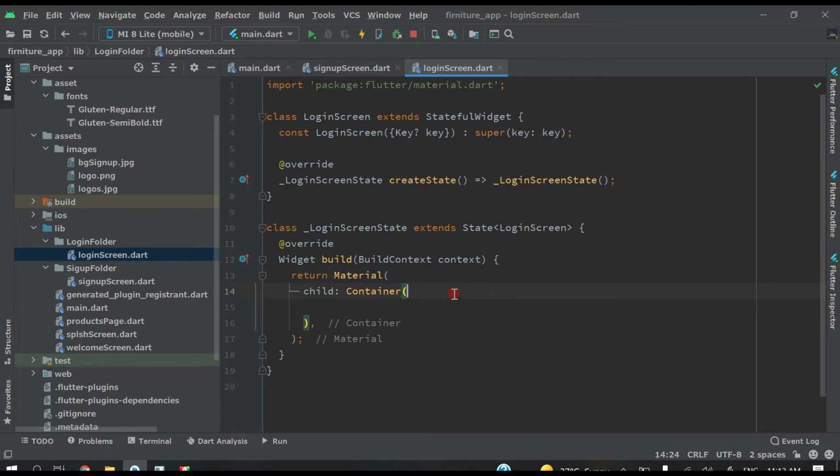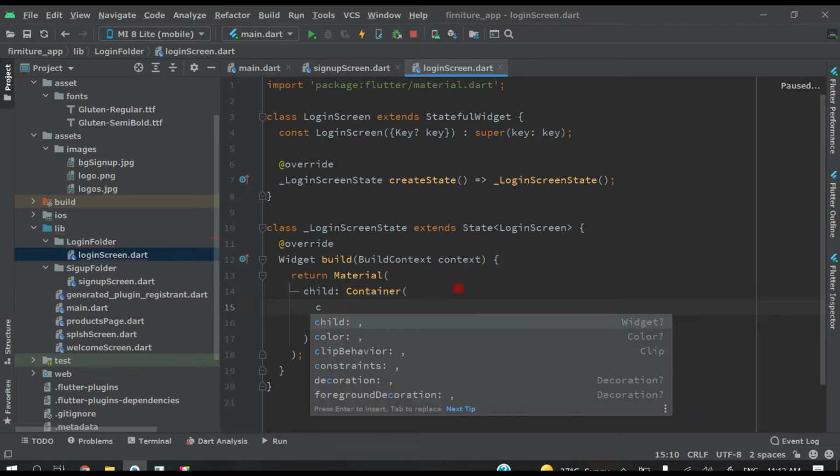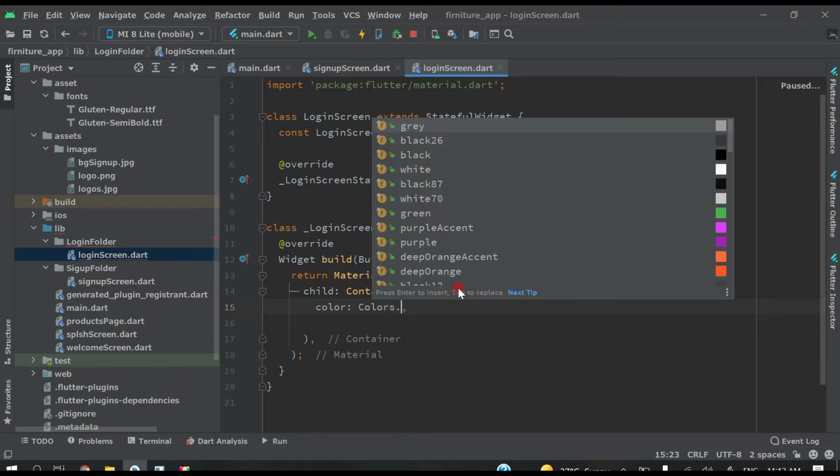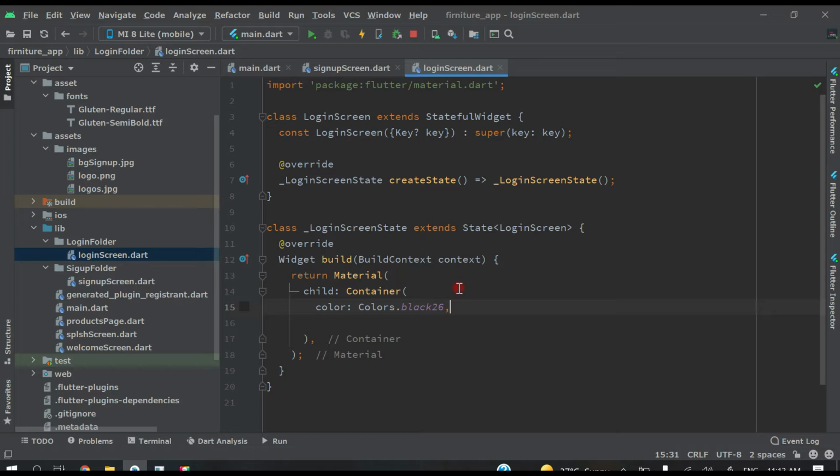Now we want this container's background color, so we give Colors dot, let's give black 26.